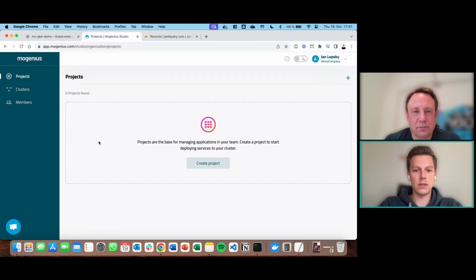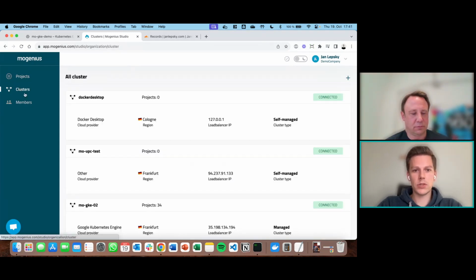So this is the developer portal that we're going to use. We have the option to manage clusters here, and you can see that we already have a couple of clusters. So there's another GKE cluster here, there's an UpCloud cluster, and we have a local cluster with Docker Desktop for testing. And now we want to onboard another cluster in our organization.